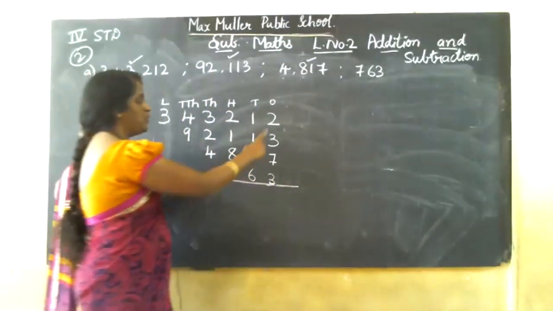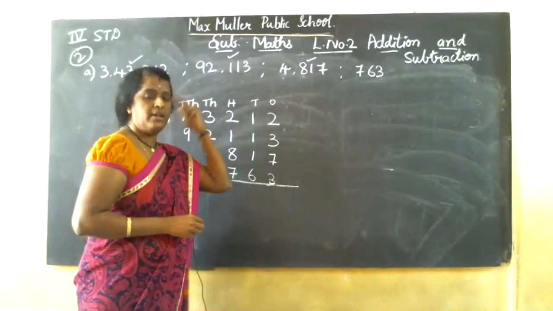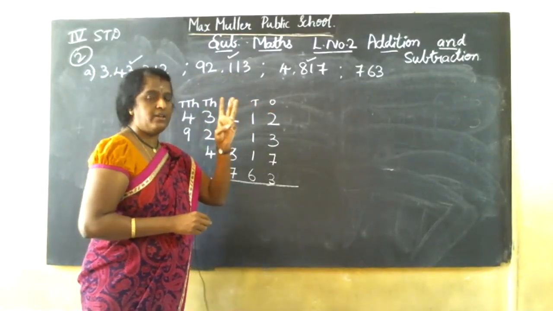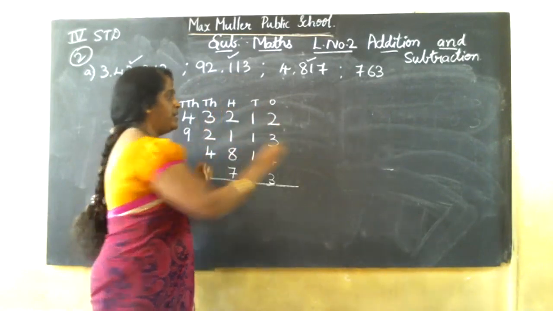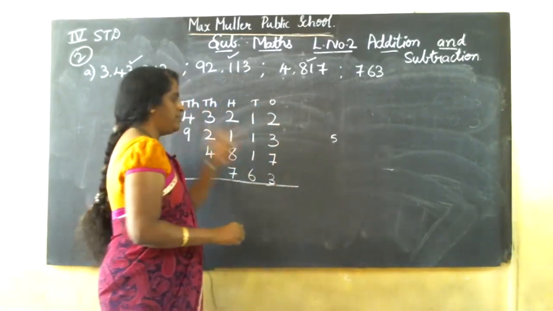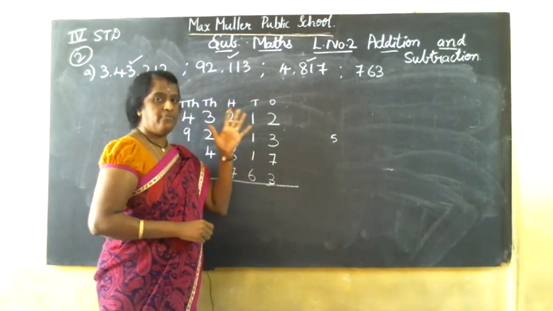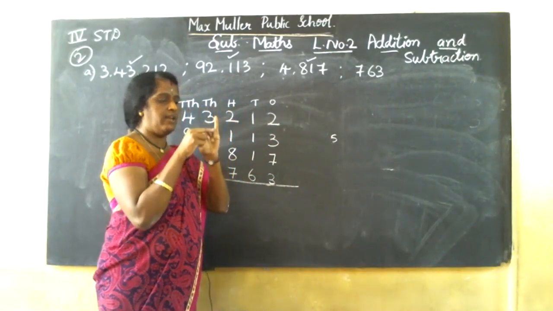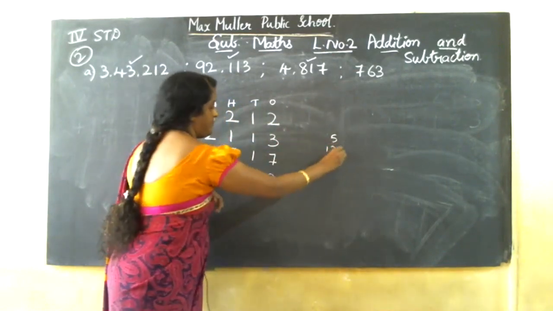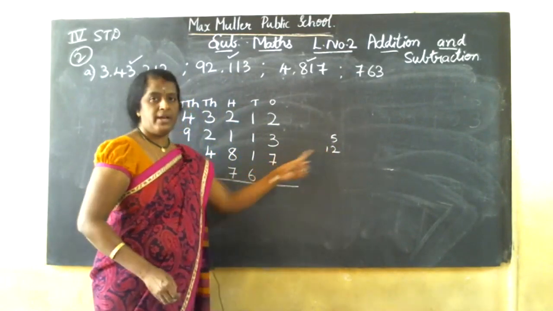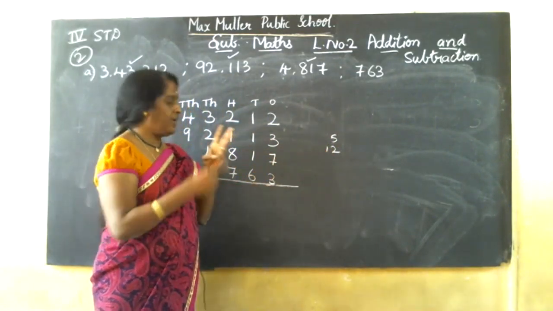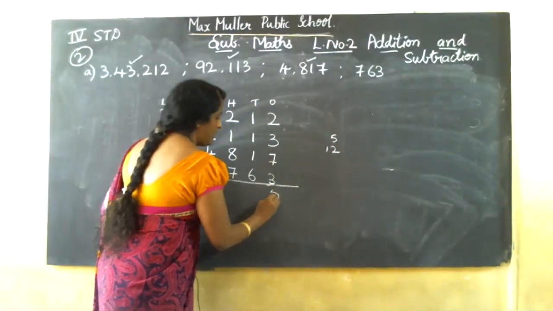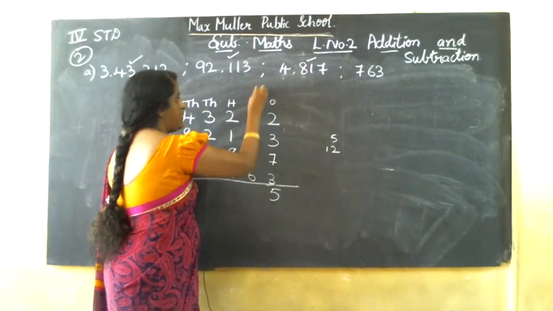First sum: 2 in the mind, 3 on my finger, after 2: 3, 4, 5. I got 5. 5 in the mind, 7 on my finger, after 5: 6, 7, 8, 9, 10, 11, 12. I got 12. 12 in the mind, 3 on my finger, after 12: 13, 14, 15. 15, 5 will be in the ones place, 1 carry will be in the tens place.